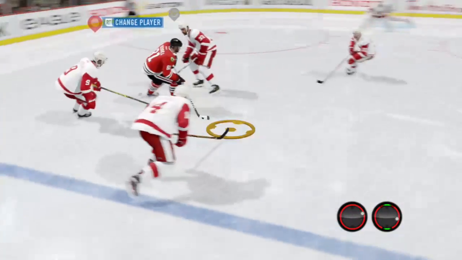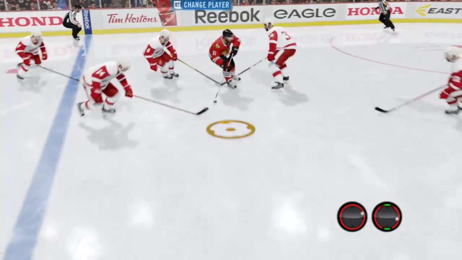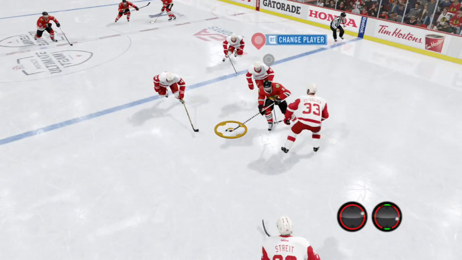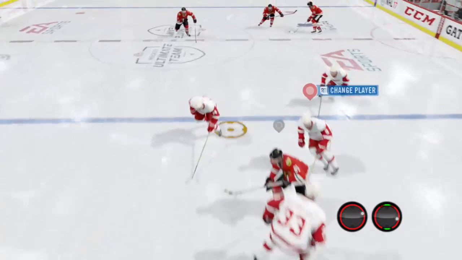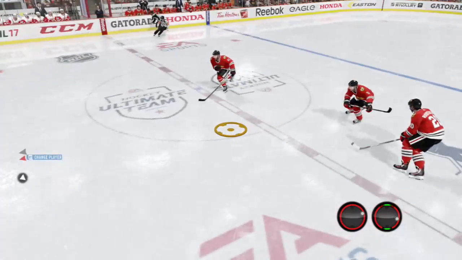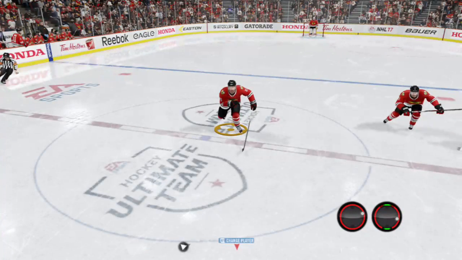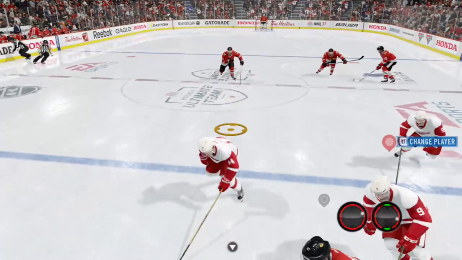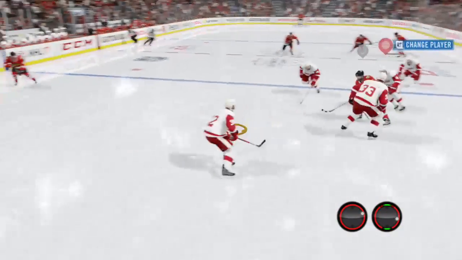Oh, living life on the edge. But thanks to my amazing defense here, everyone's pretty much back checking, trying to get Kessel off of the puck, and I think he had a line change, which is what's going to happen if you spend too much time in the defensive zone. Your players are tired; they need to switch, get fresh legs,